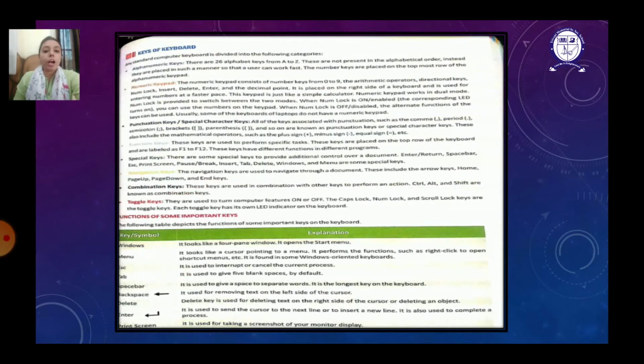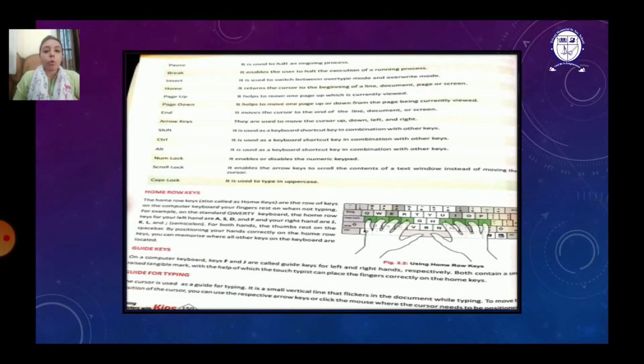Next we have other keys also, like page up, page down, home, and end. Now the home key is available at the right side of the keyboard, which helps us move to the first character. It brings the cursor to the first character of the text which we have written. Similarly, the end key brings the cursor to the end of the document or the screen. In the same way we have different keys, as shown here; just read this properly. After that we have the home row keys. All the keys which we have discussed, you must have read in the earlier classes also.